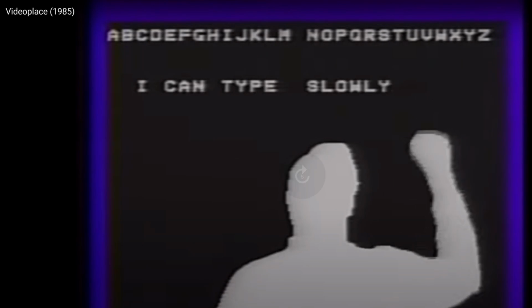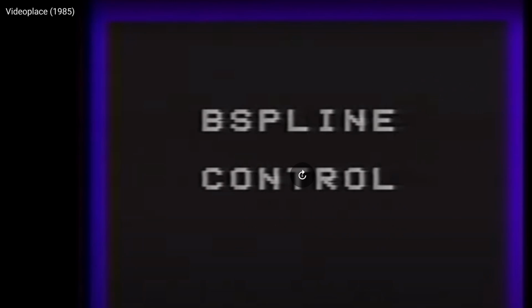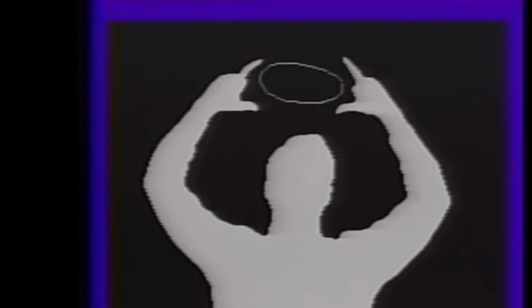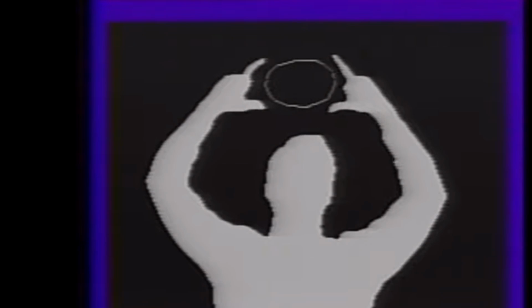So you can see the users interacting with the virtual objects to type. And they also can do some other pretty cool stuff here, like finger painting. And then we have some other cool stuff. Generating shapes based on boundaries. And then this one's called critter interaction, which is really cool.